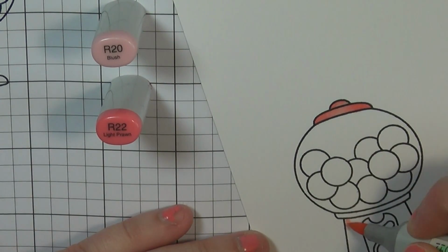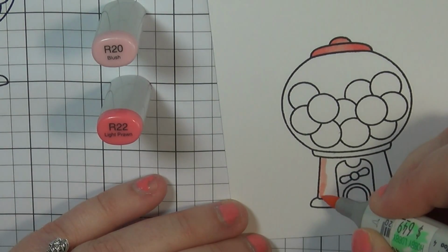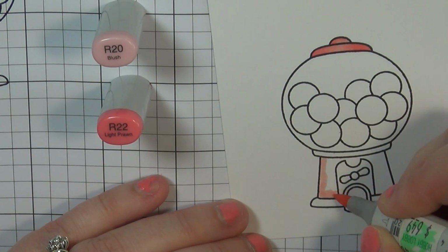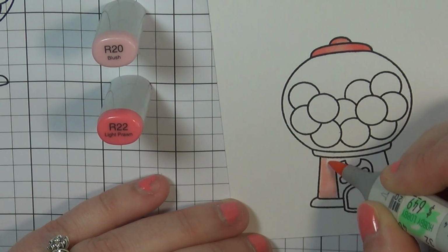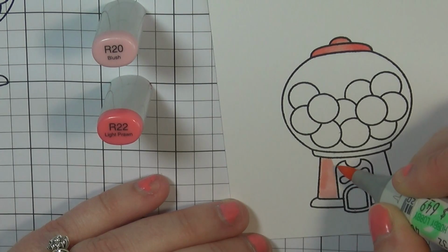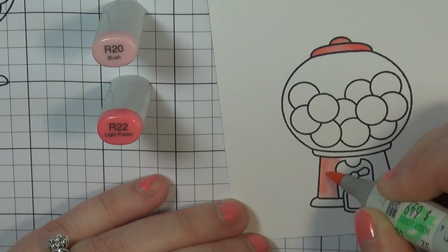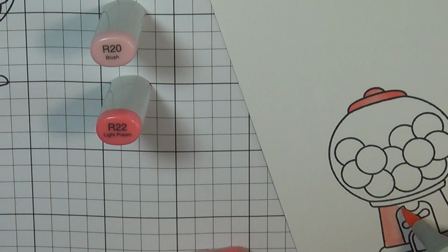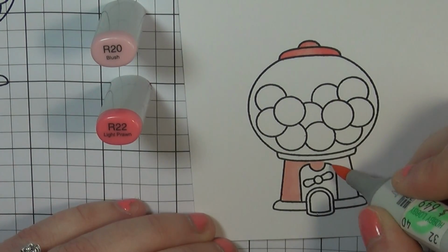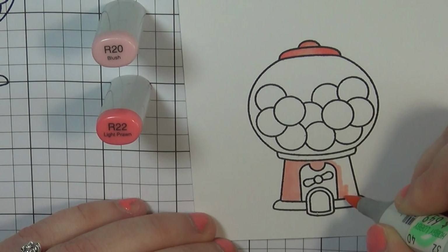So I'm going in and starting off with, like I said, the lightest color, the R20, and then darkening it up with R22. And then I'm going to start off by coloring the bottom of my little Gumball Machine. Now, for my color inspiration, I didn't want to color the Gumball Machine in traditional colors. I wanted to do something different. So I was thinking in my head,